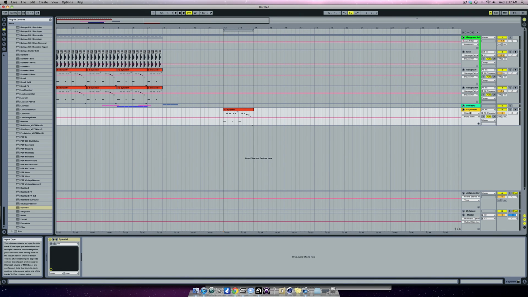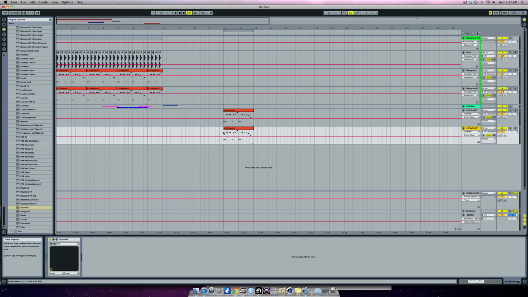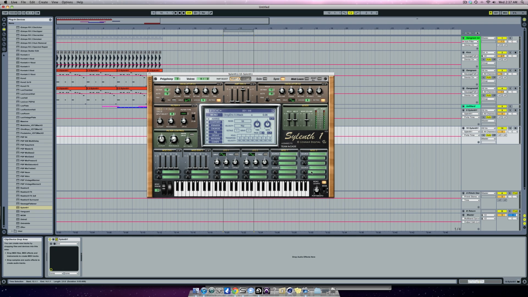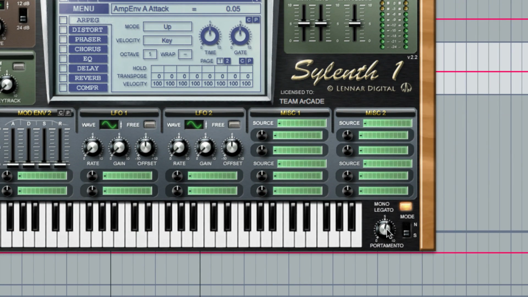Okay, so part two is pretty easy. What you're going to do is duplicate this track, and we're going to make the high synth that you hear. All you have to do if you're using Ableton is hit Apple D, and that makes an exact duplicate of this. The reason we're making an exact duplicate is so the portamento down here is exactly the same, and you don't get any dissonance between the two